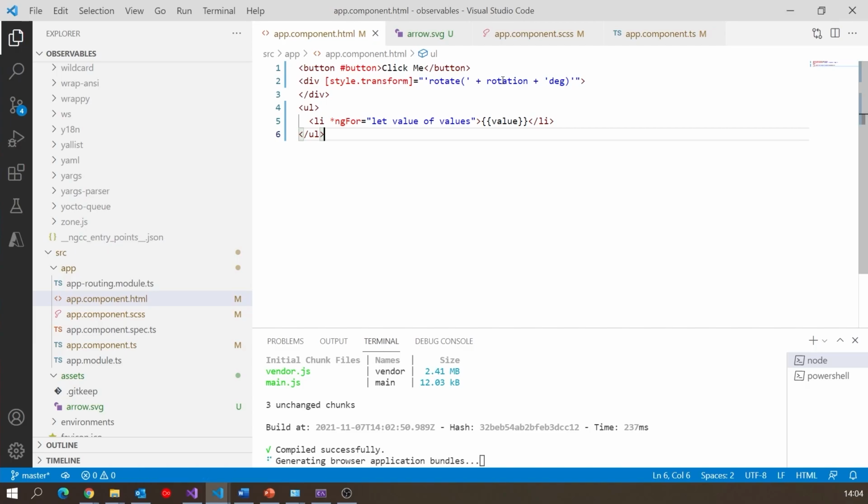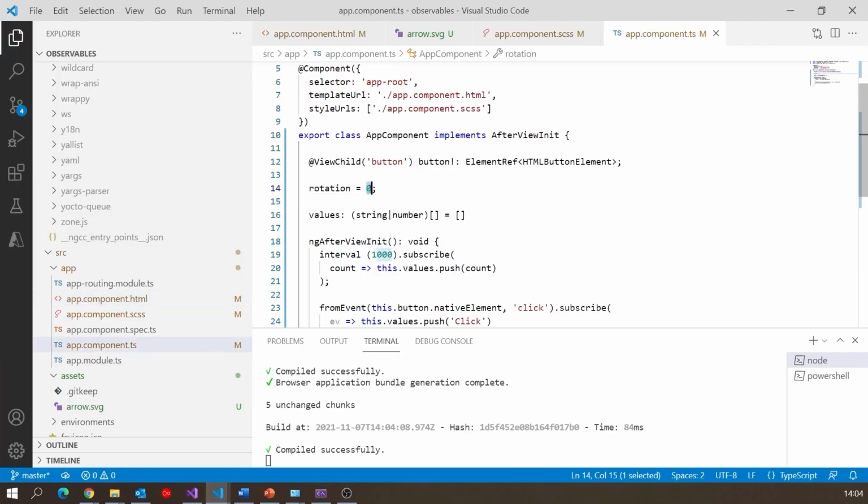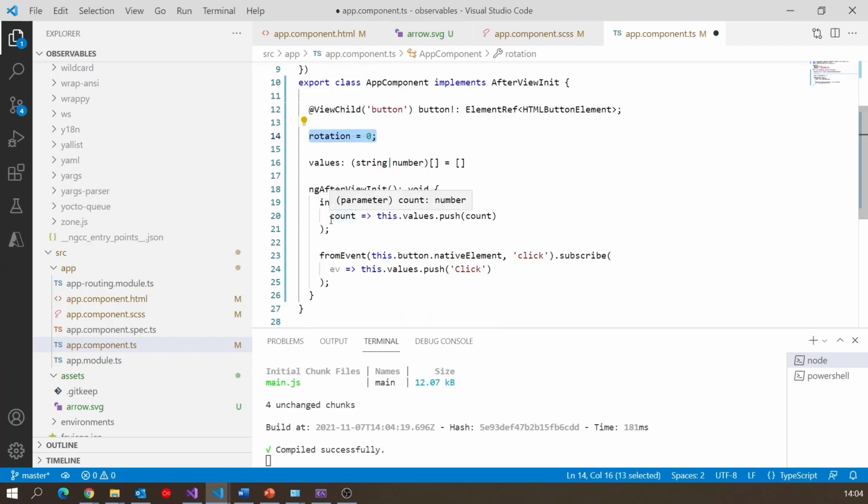So if we save all that, we should initially see that's rotated at 0, pointing straight up. But if I were to change the value here, let's say 90, so we can see that's changed, but it's still static. So what we now need to do is make it so that that rotation is being set when we do the interval every second.